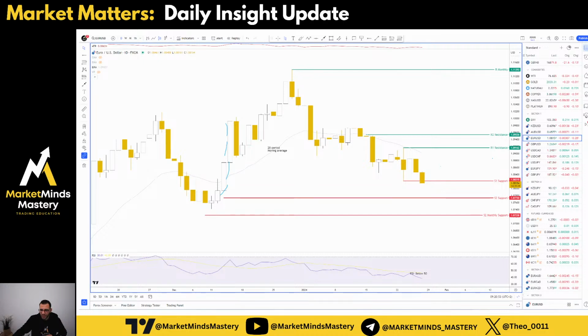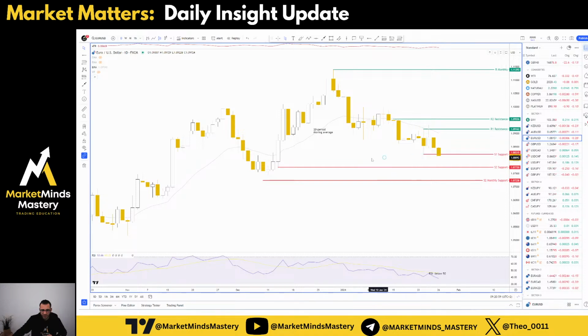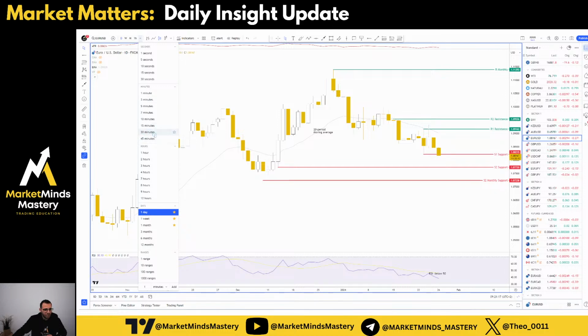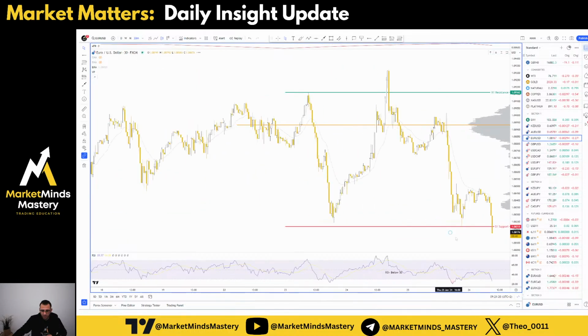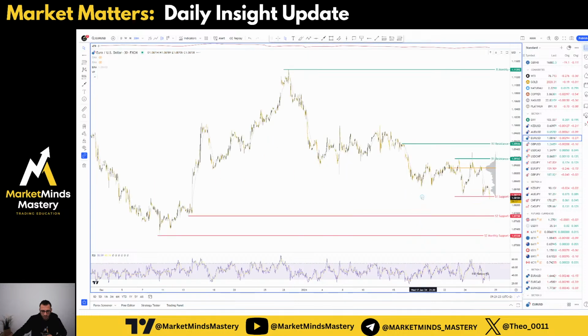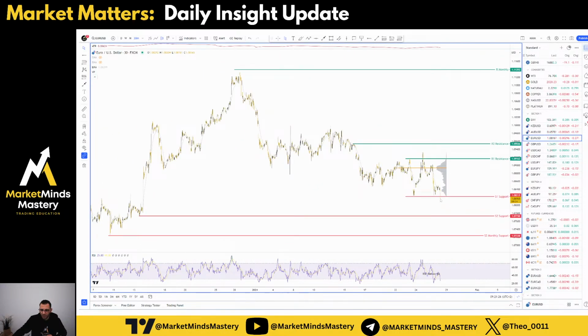So for today, what do we expect to see on the euro? Definitely, we expect to see a continuation to the downside. I marked here these support zones, so you can copy them on your chart. And we trade accordingly on the lower time frames. For example, here is a 30-minute chart. If the price breaks below and stays below here, the next area of support is going to be down there. So therefore, you can trade from the S1 to the S2.